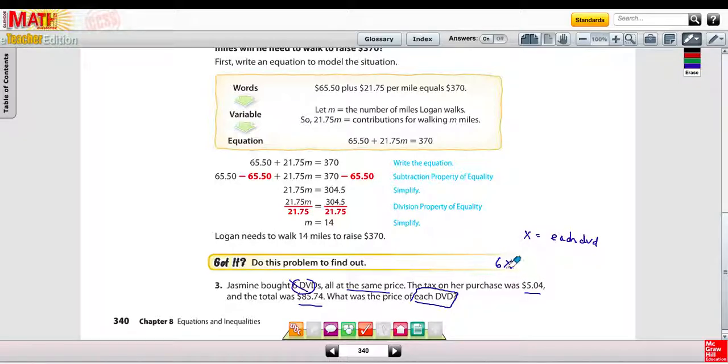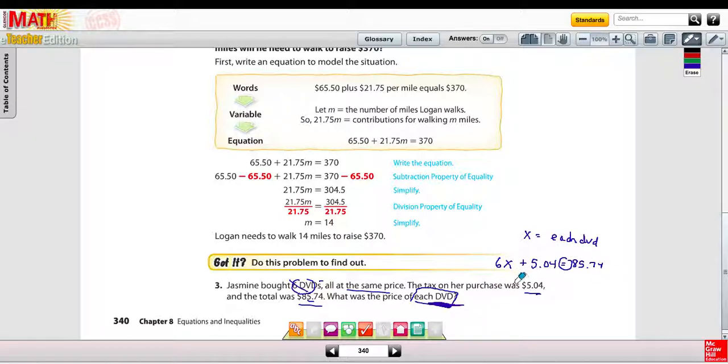So 6 times the number of DVDs plus $5.04 tax equals $85.74. There's our equation. Again, I might make it seem like it's super easy. It's just because I've done a lot of them. What you need to do is identify where your variable is, in this case right here, and then see how